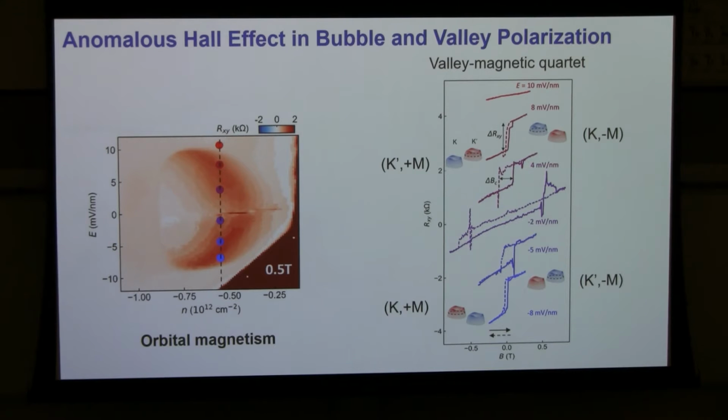Does that make sense? This is going by me too fast. I don't understand what I'm seeing. So this is a plot of your sweeping B. Yes. And you have two. Which of those curves am I supposed to be looking at? Okay, so I have six dots here marking different combinations of electric field and charge density. Say I pick this blue dot. I fix the gate there and I sweep magnetic field, then I'm going to get this curve here, which is shifted vertically for clarity. The important thing is when I sweep the magnetic field back and forth, I get a hysteresis in Rxy.